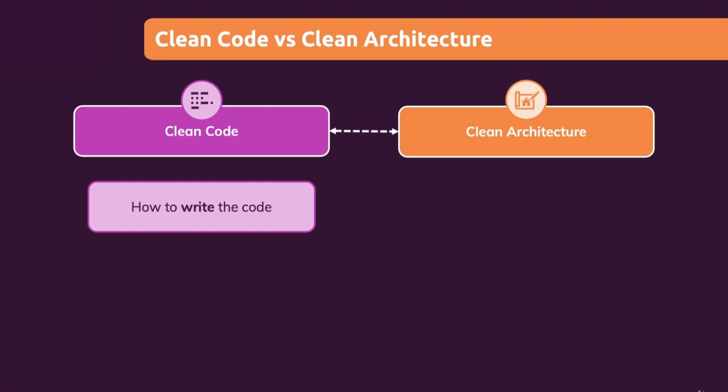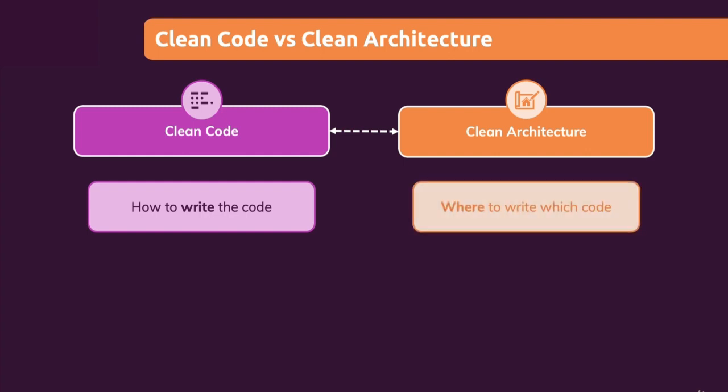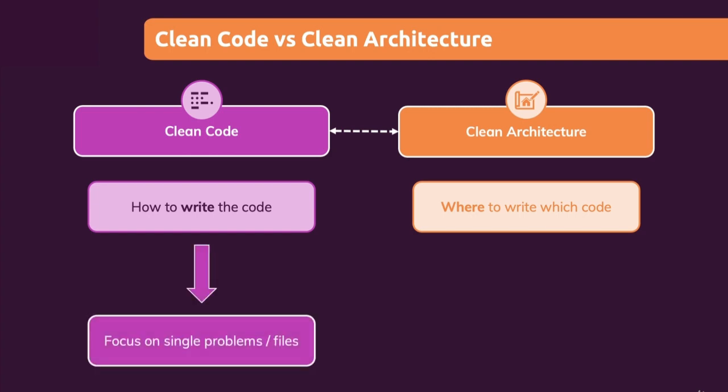Now, a clean architecture is about how you structure your project, how you separate your entities, how you store your data. It's, in the end, you could say where to write which code. Do you use dependency injection or not? These are questions you ask yourself when thinking about a clean architecture. And that's a different thing than clean code. And clean architecture also depends a lot on which programming paradigm you're following and which programming language you're using. With clean code, we focus on single code snippets, single files, you could say.